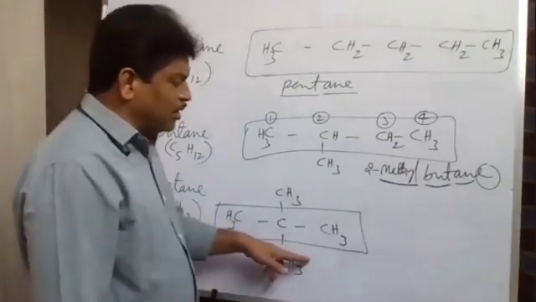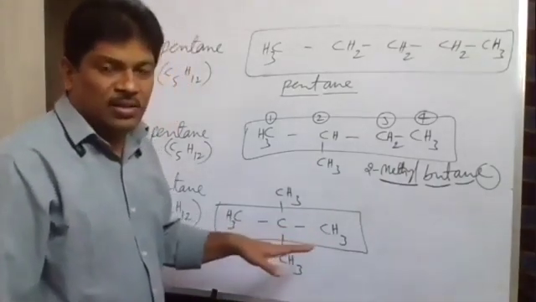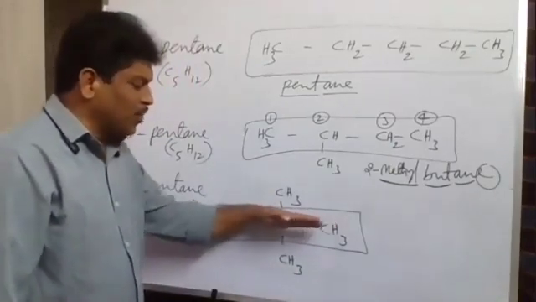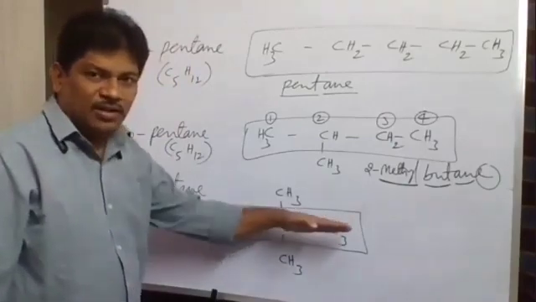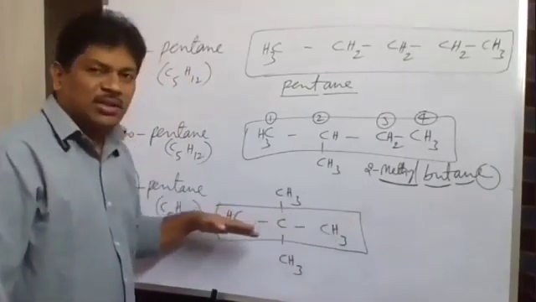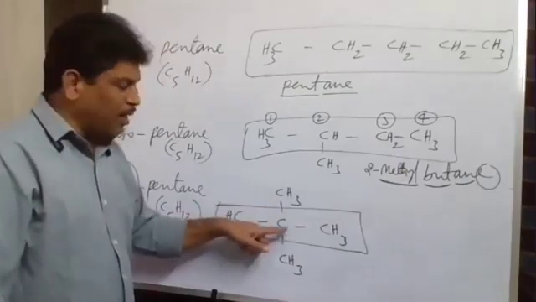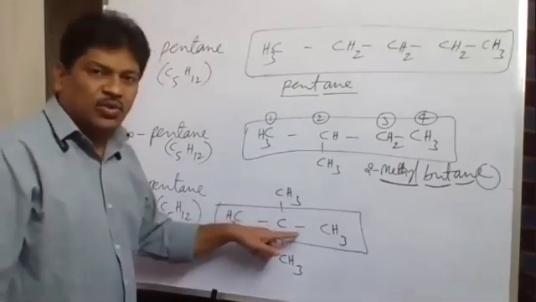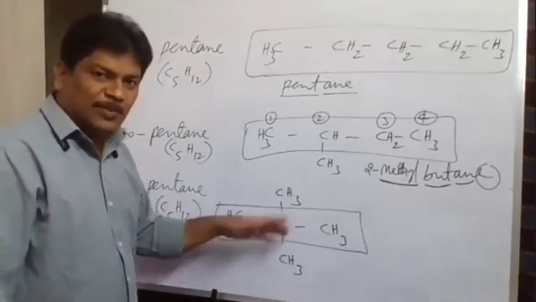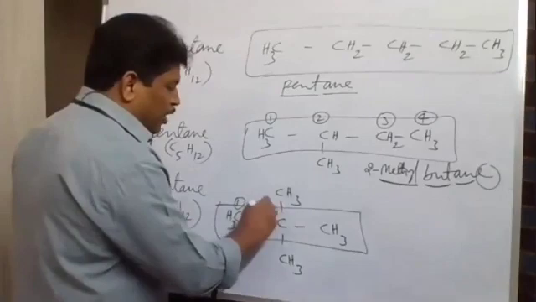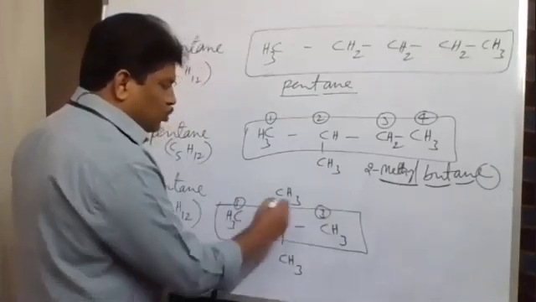And next, in this case, we have to write the IUPAC name. While writing the IUPAC name, how many carbons are in the continuous chain? 3 carbons are in the continuous chain. So 3 carbons indicates the root word prop, and between the 3 carbons single bonds are there, so it is propane. In this propane, numbering should be given to the carbons in the parent chain: 1, 2, 3 from left to right.